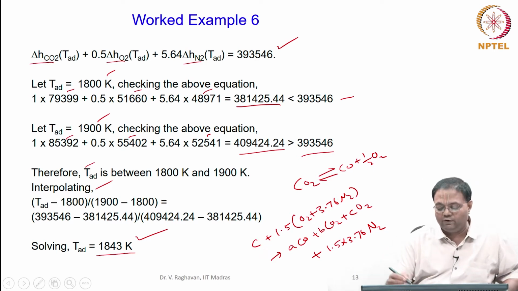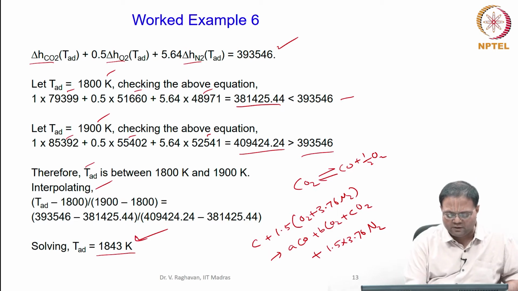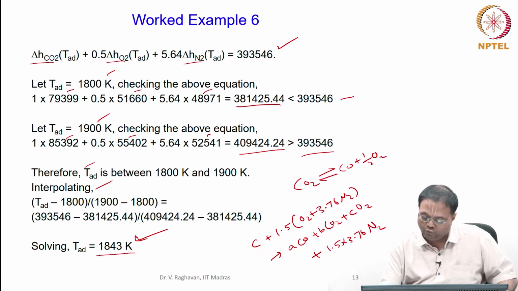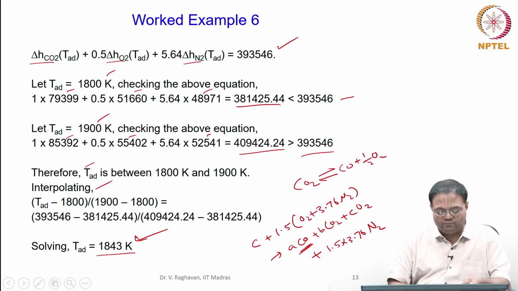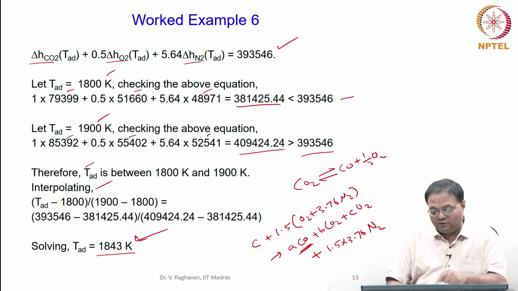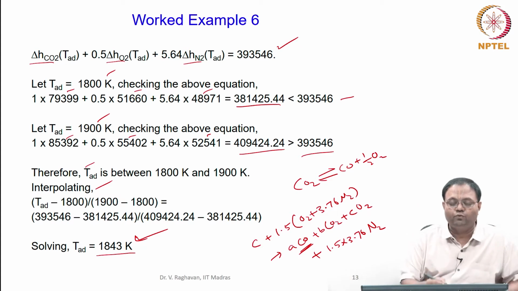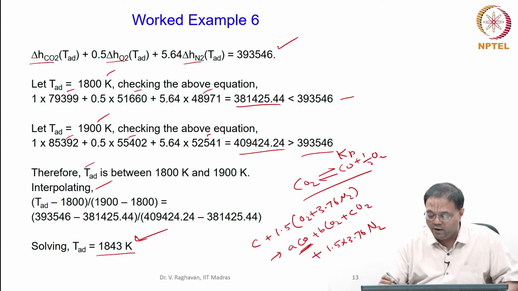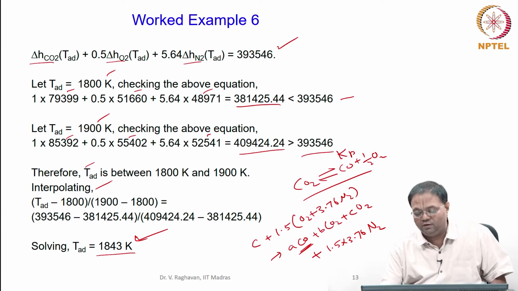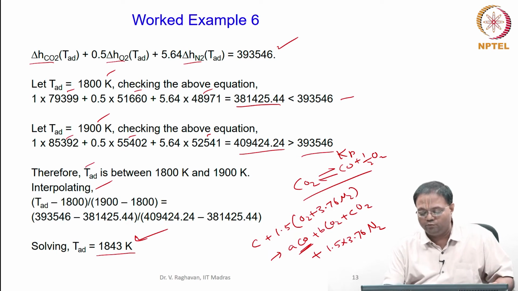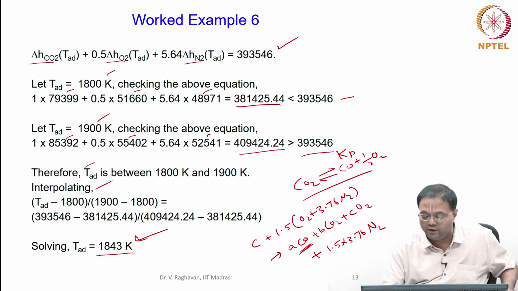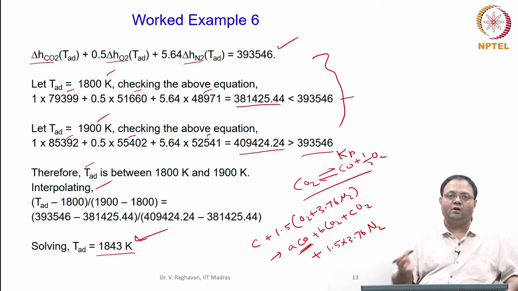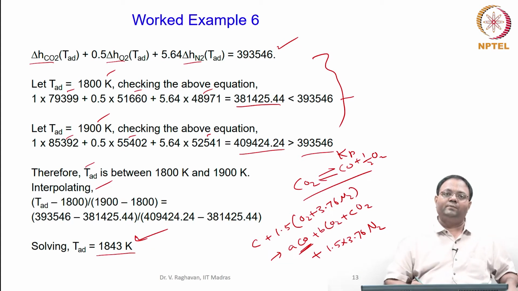You can attempt solving this problem like this, but you will not see much change in the temperature. That is because of the excess oxygen here. Now you can see that a small amount of CO may be produced at this temperature. If you want to solve this, you have to assume a temperature and calculate the equilibrium constant Kp for this equation, and calculate A, B, C in mole fraction terms, and calculate the Hp. Do this iteration, see whether Hp is equal to HR or not, then you finalize the temperature iteratively.